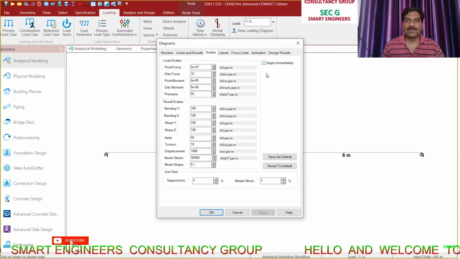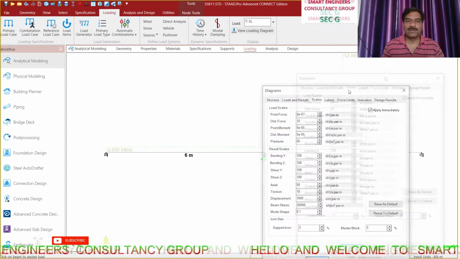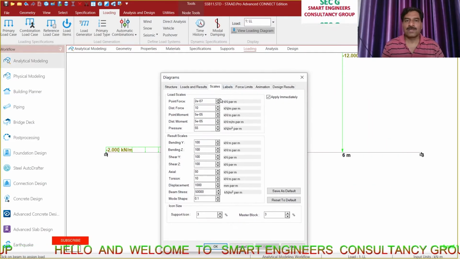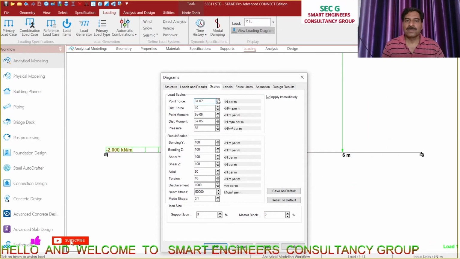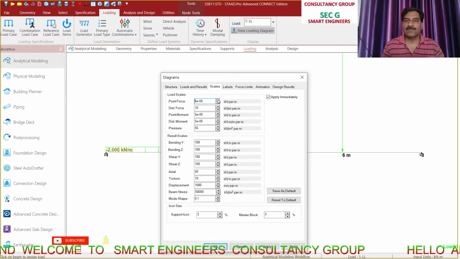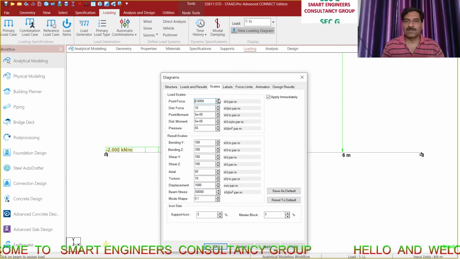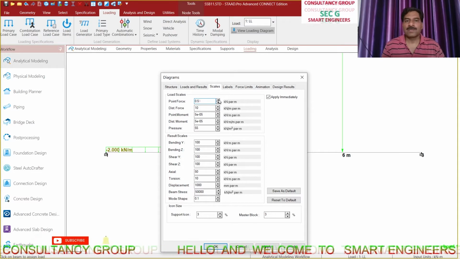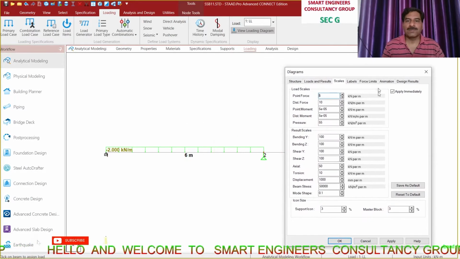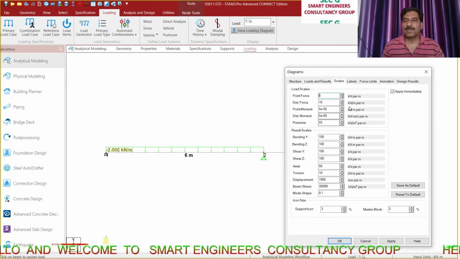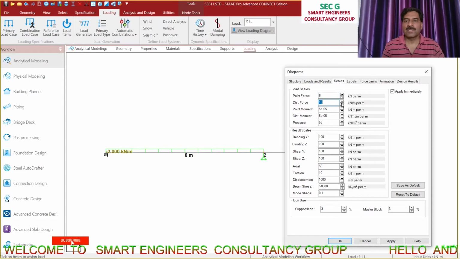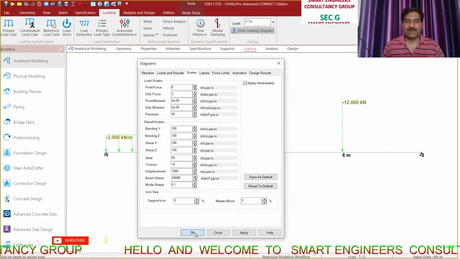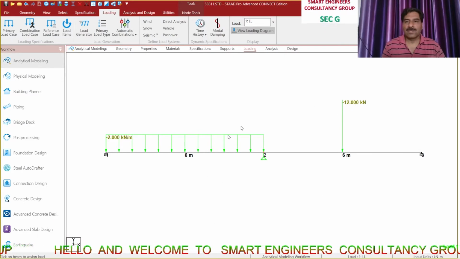After that you click on apply immediately, and if you want to correct this, click on point load. If you want to correct this point load, then just scale it. After that, if you scale it, then it will be visible to you perfectly as you want, otherwise it will not show you properly, as we are making this for your visibility. Now if you want to correct this UDL, you can do it also, just like increasing the scale. So now it is perfectly visible. Apply and click on OK. Now you can see these loadings are very visible to you.